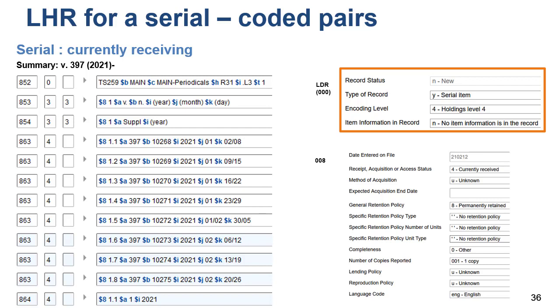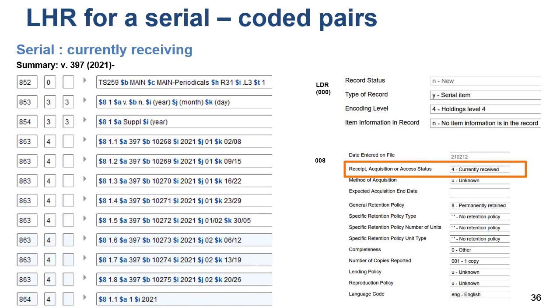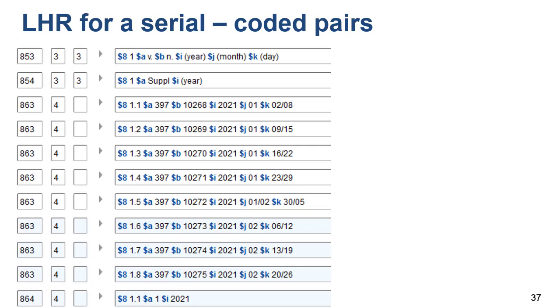Note that it's not set to 5 since the current issues are not barcoded. Also, leader item information is set to N, no item information. And the 008 receipt status is set to currently received. This LHR is using the coded pairs for the basic bibliographic unit at level 4, recording all levels of enumeration